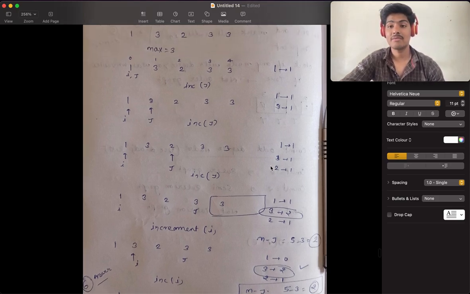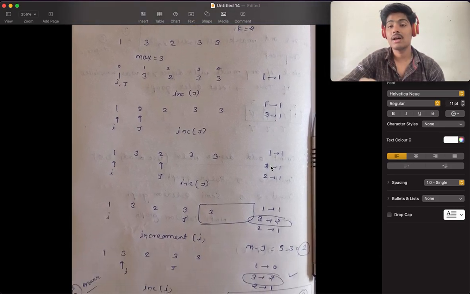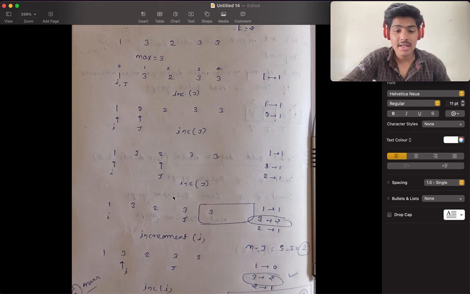Like our condition should be k equals to 2. If the frequency of the maximum element is greater than or equal to k, in that condition I can take the subarray. You can see here, if i equals to this and j equals to this,